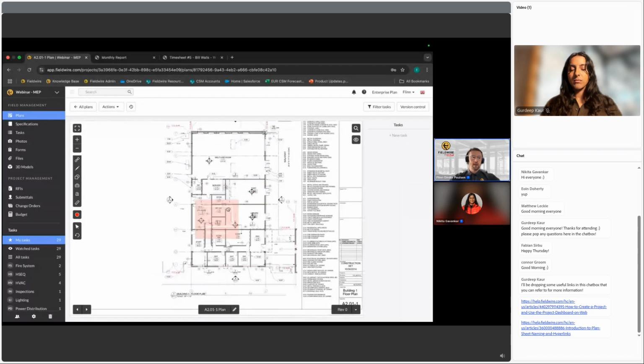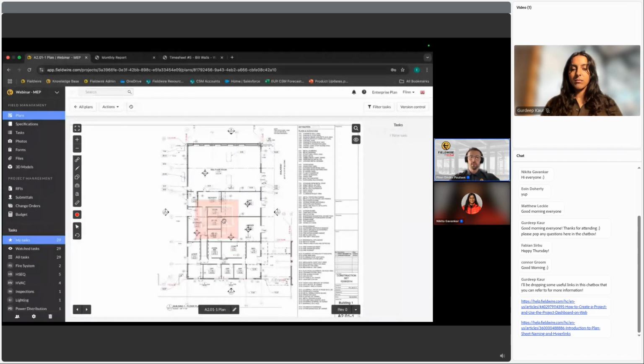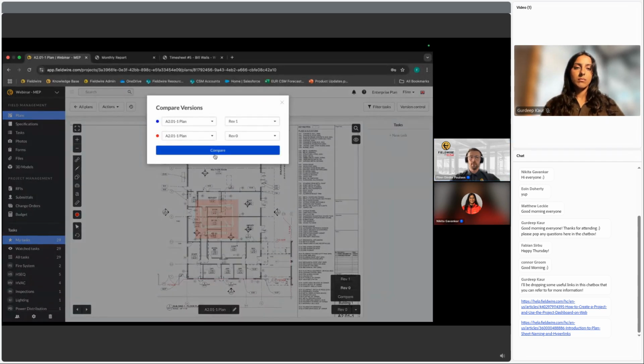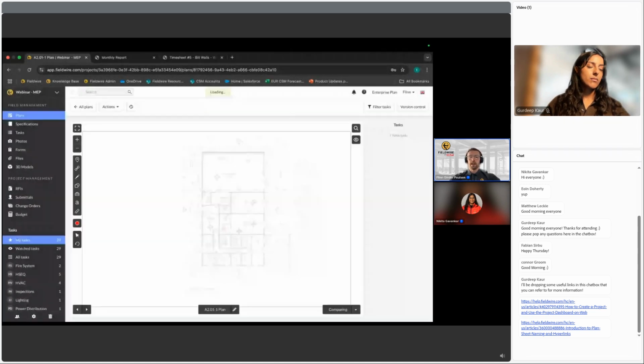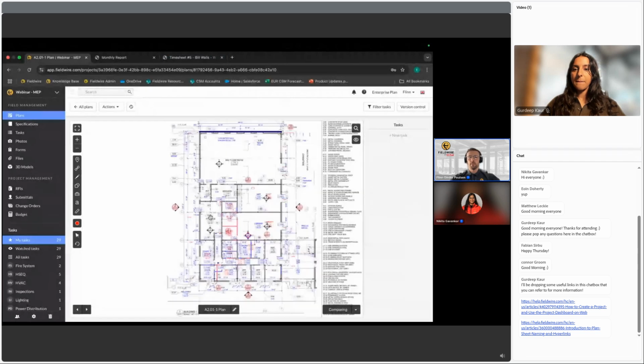Now, what happens if I'm on site with an HVAC consultant, and we want to see what's changed within the plans? We also have the compare button at the bottom here. Very simple again. All you have to do is click compare. And what this will do is overlay the two sets of drawings and highlight any changes that have happened within the